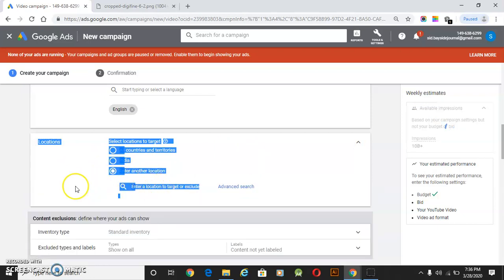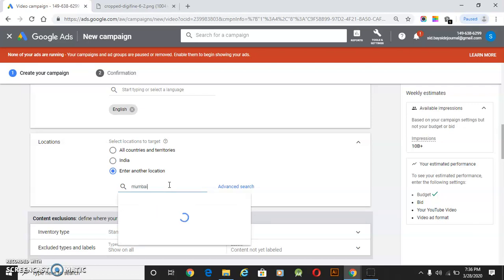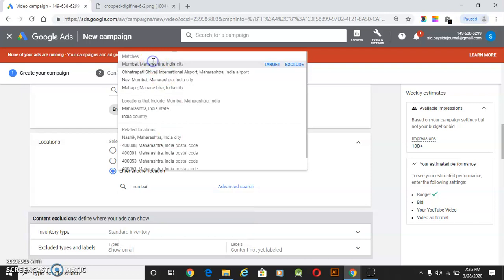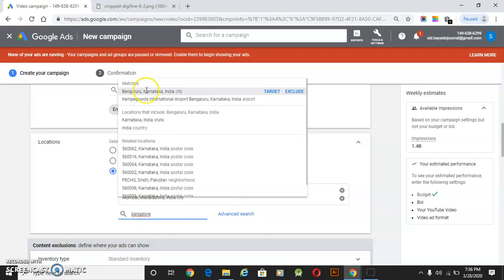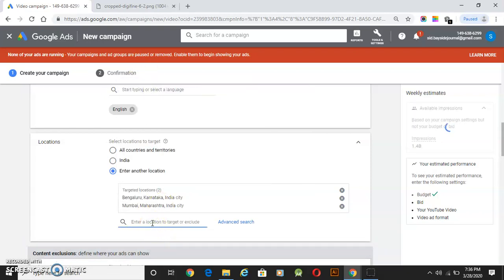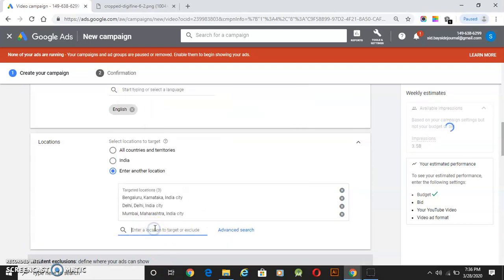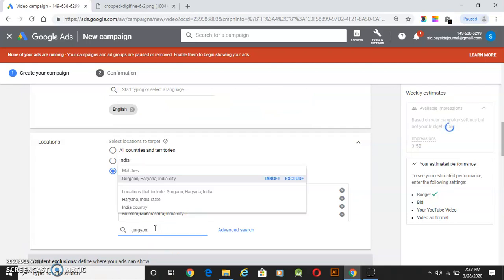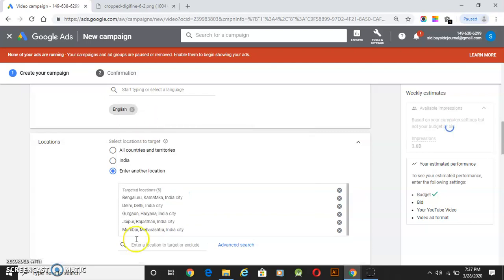For example, if I enter a specific location, because my TG is majorly coming from all the metro cities in India, I'll go with Mumbai, Bangalore, Delhi, Gurugram, which is Gurgaon, Jaipur, and Kolkata.